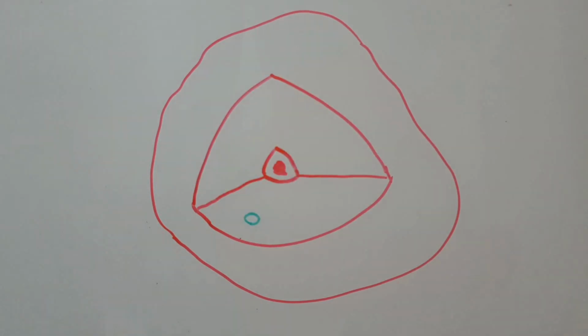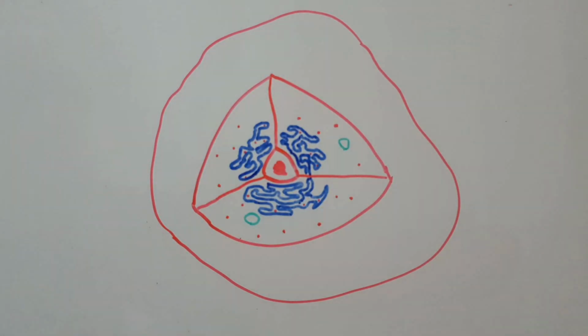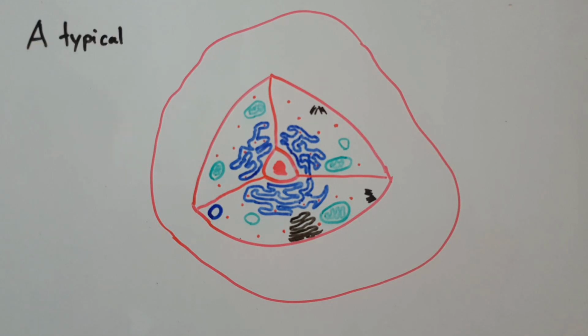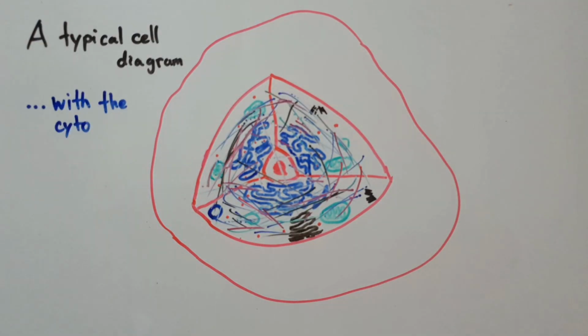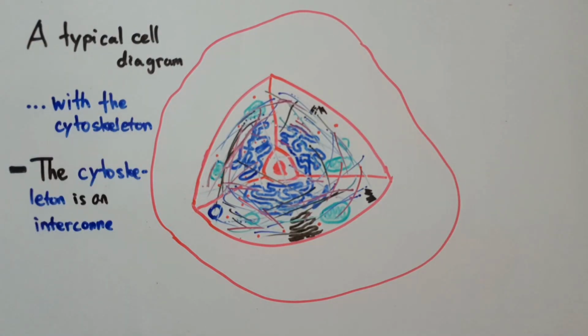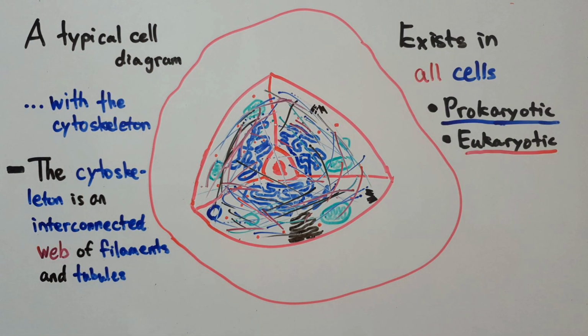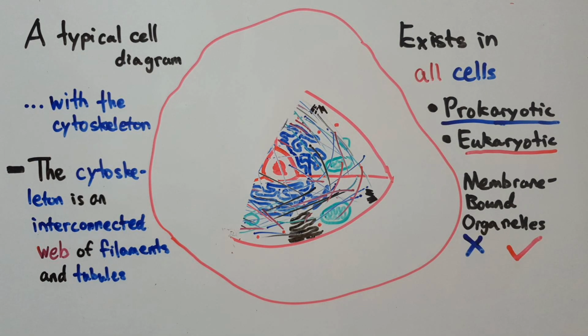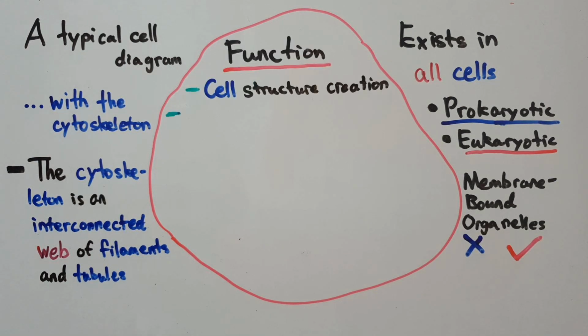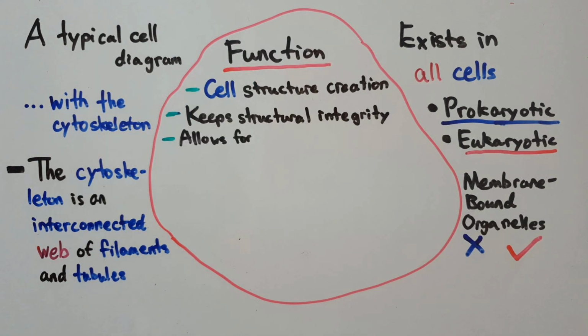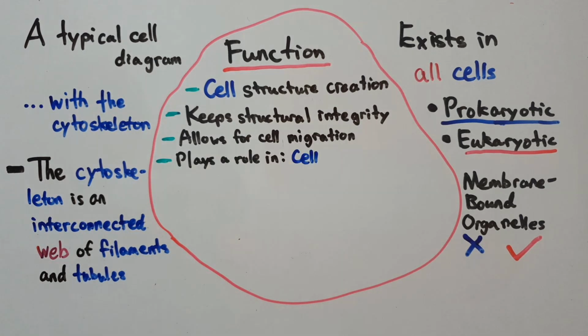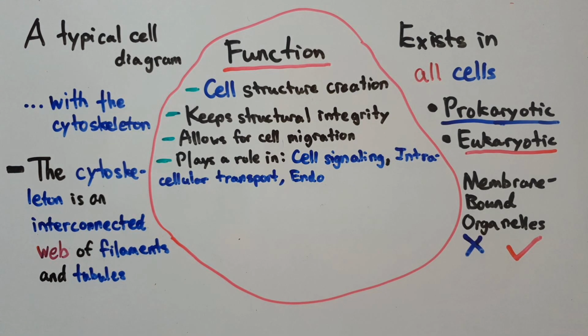There is an important organelle in the cell that is almost always undermined in high school biology classes. This is the cytoskeleton. The cytoskeleton is an interconnected complex network of filaments that exists in all cells, prokaryotic and eukaryotic. It serves to create cell structure and structural integrity, allows for cell migration, plays a role in cell signaling,